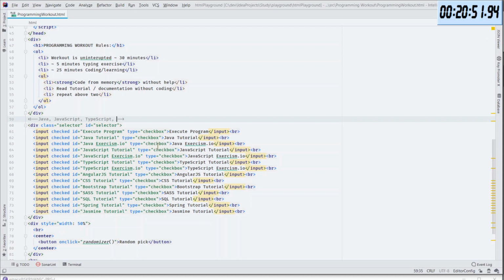Then we have HTML, CSS, Bootstrap, SQL, Spring.